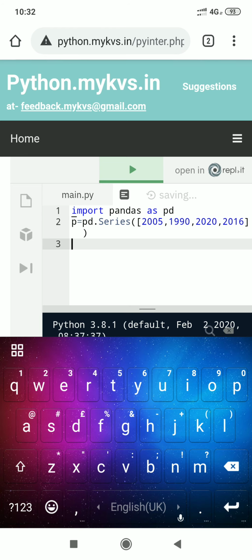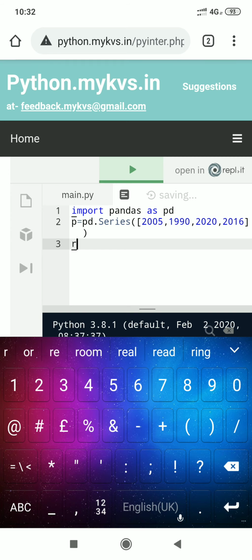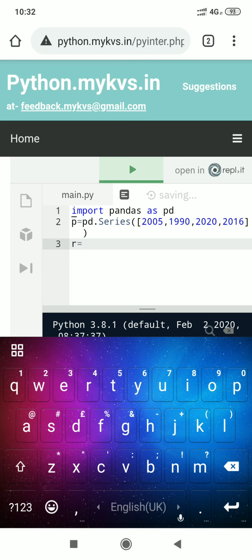Then to extract values in reverse order, we can use the slicing method.